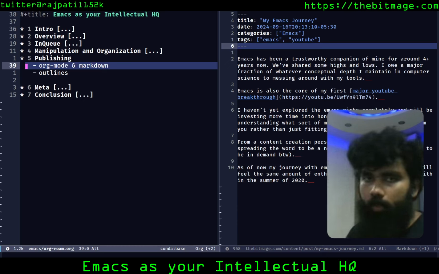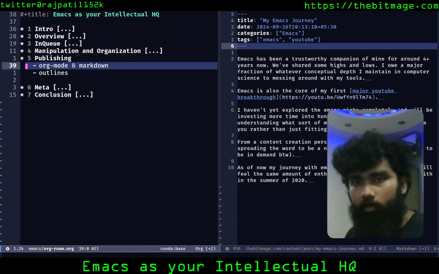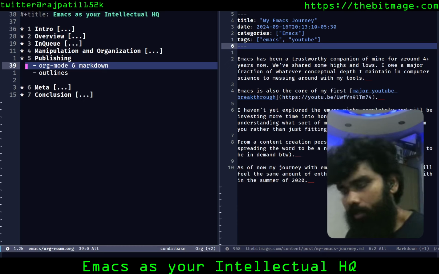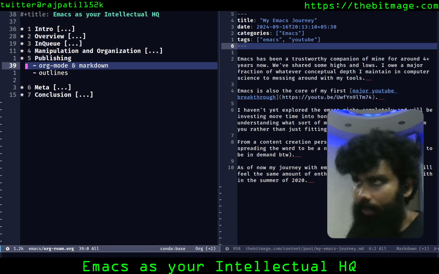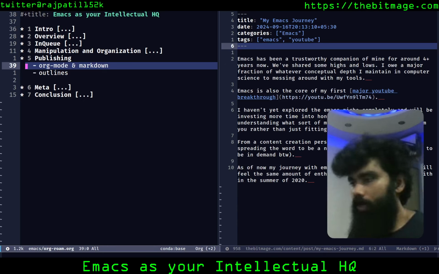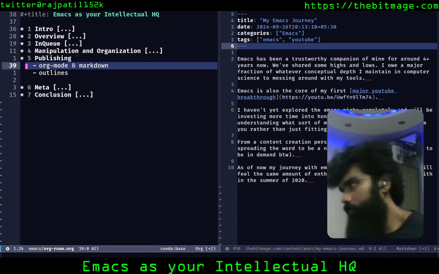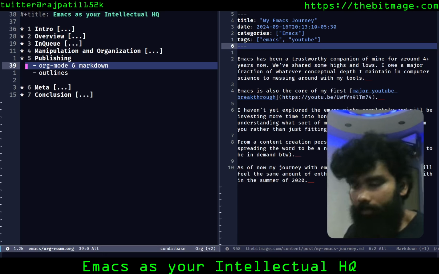But then I just move on to outlines. Once I get into a YouTube outline, it's usually the outline headings reminding me of what I want to talk about. Outlines are something that I'm really big on.